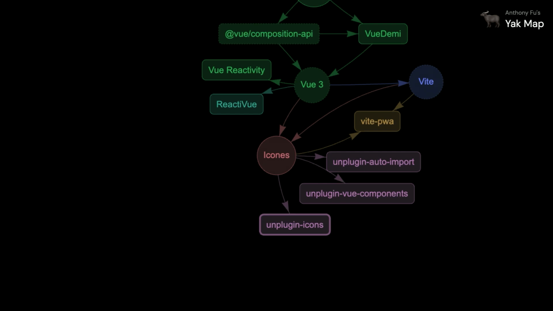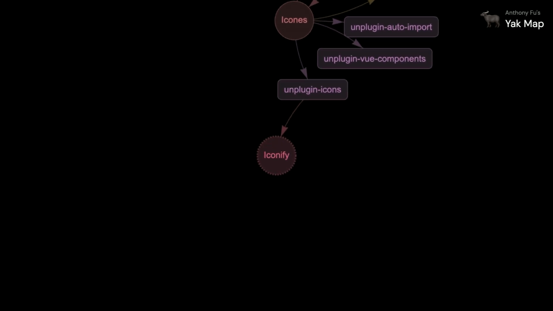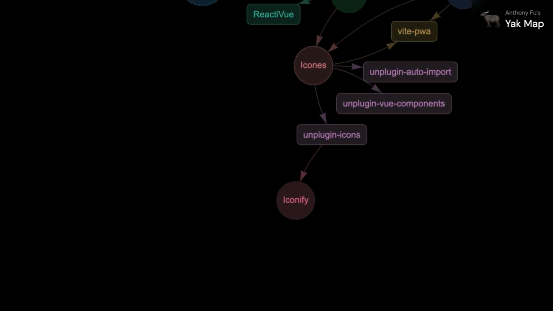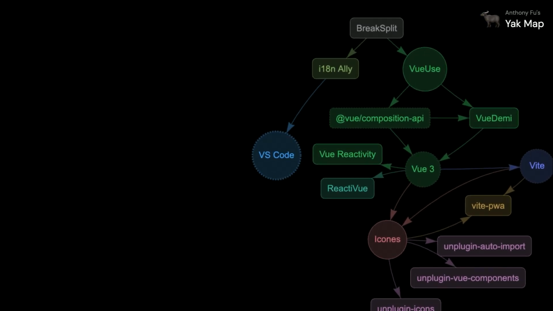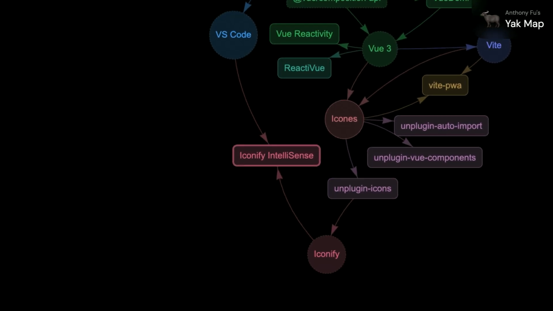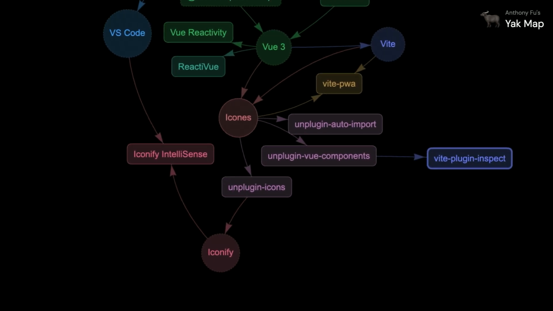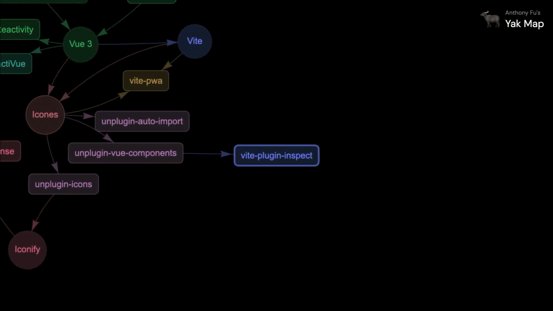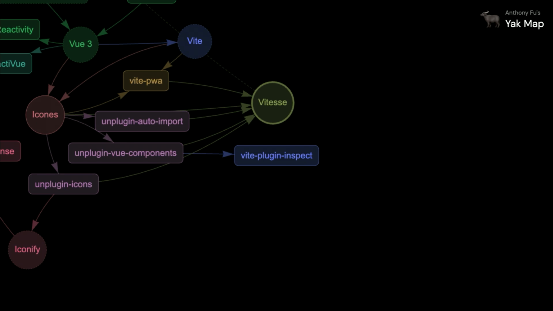And since I work a lot with icons, I started to evolve the idea of the Iconify project, combining with the experience of VS Code. When I was making the VS Code i18n Ally, I made Iconify IntelliSense to display the icons inside our code editor. And from the work on Vite plugins, I made Vite Plugin Inspect to see the internals of the Vite pipeline and help myself debug. Combining all the explorations of the Vite ecosystem, I extracted them into a template called Vitesse,